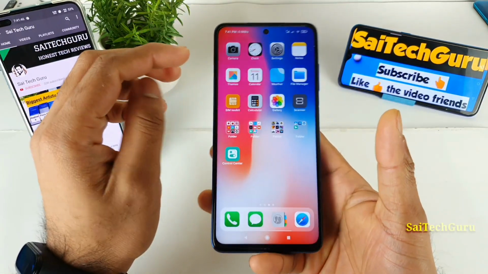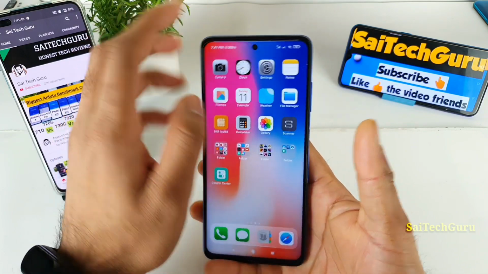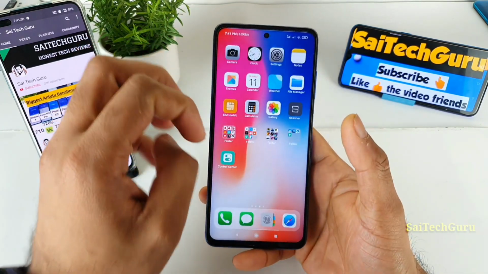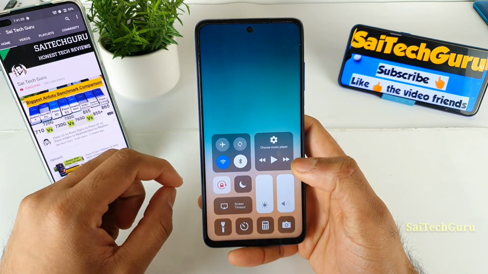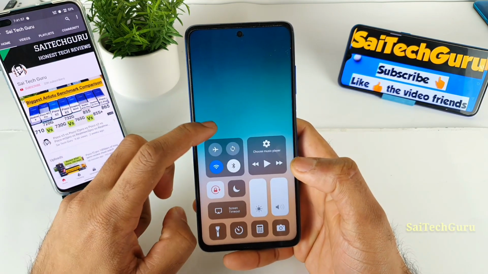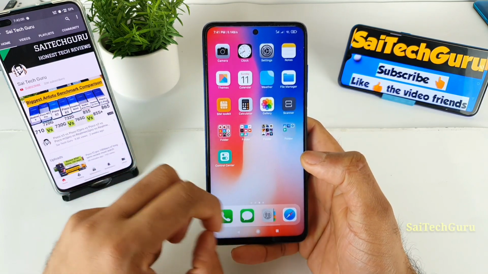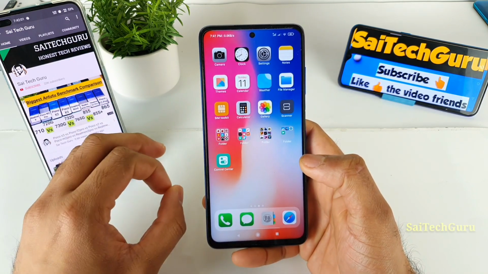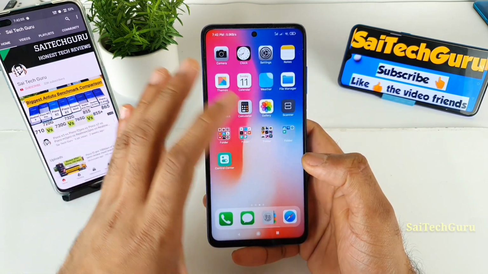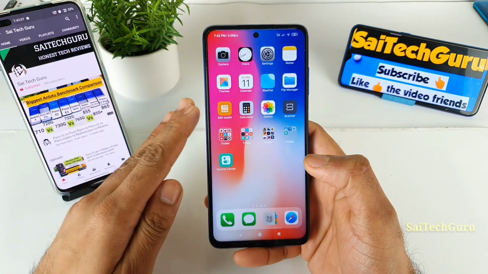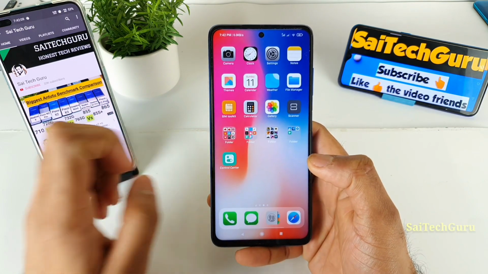For example, on a few mobile phones, the top is very hard to reach. So if you use this kind of control center, you can access it from the bottom only. So this is another advantage of using this control center, which is also similar to the iOS type. So you do get this kind of iOS feel if you use this launcher and the control center.